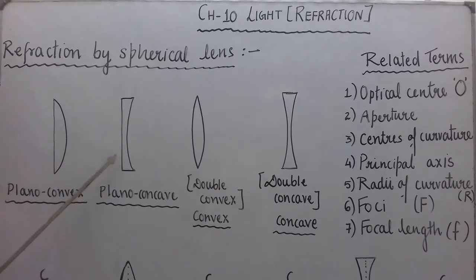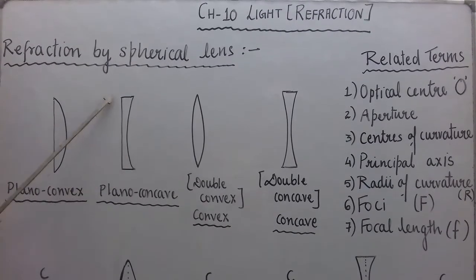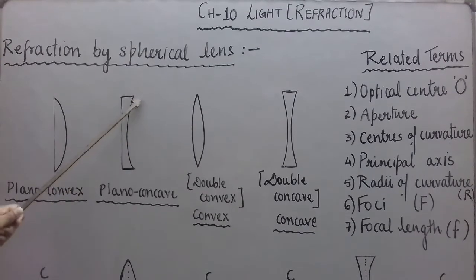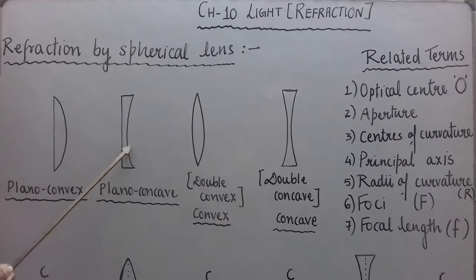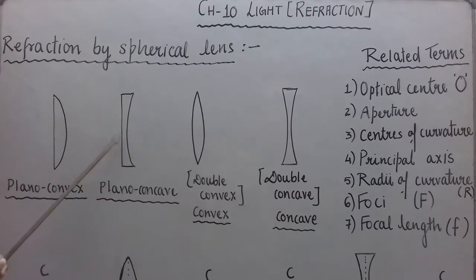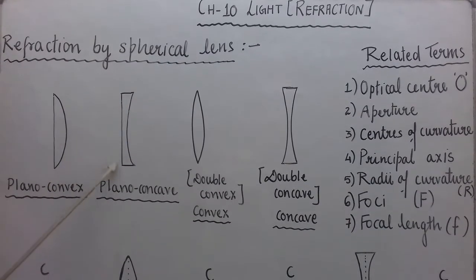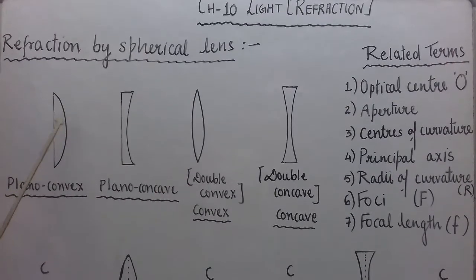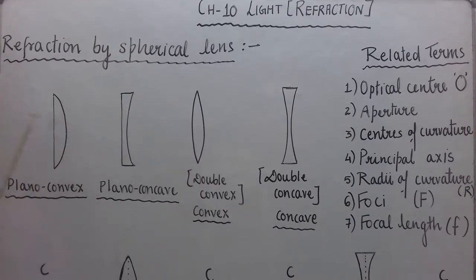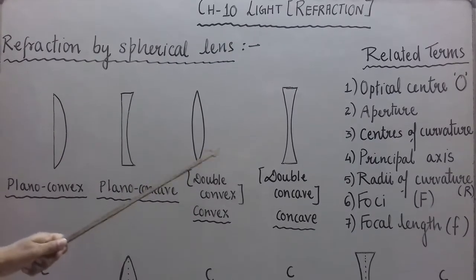When we see this lens, it is a transparent material, glass, bound by two surfaces. One is plane and the other is curved inwards. Again, it is spherical. So this is a plano-concave lens, as it has the spherical surface curved inwards and the other side is plane. Now let us consider this. If instead of one, both the surfaces of the lens are spherical, and we'll consider these cases only. There can be other cases also, but we'll consider only these two.